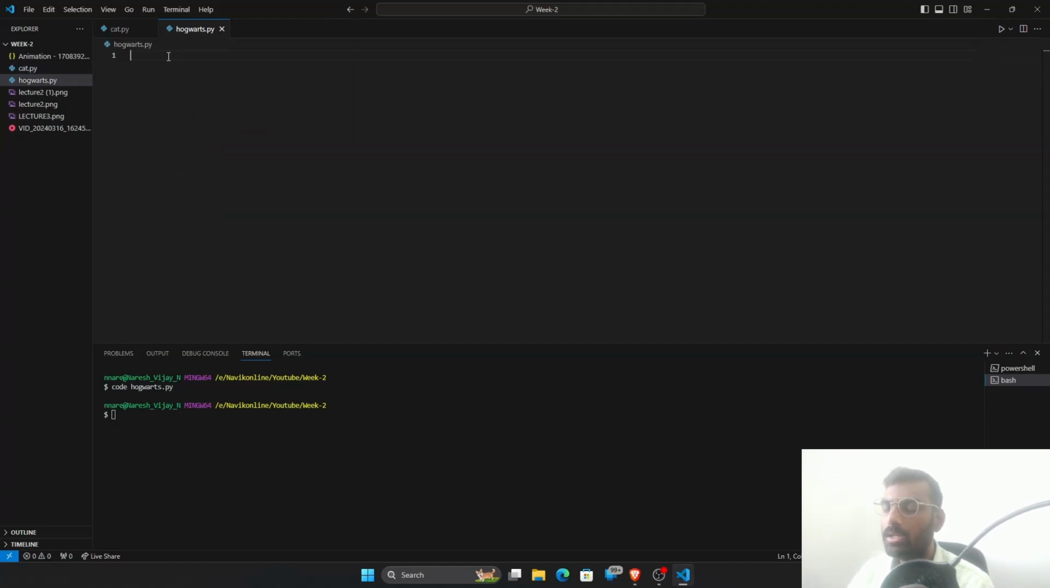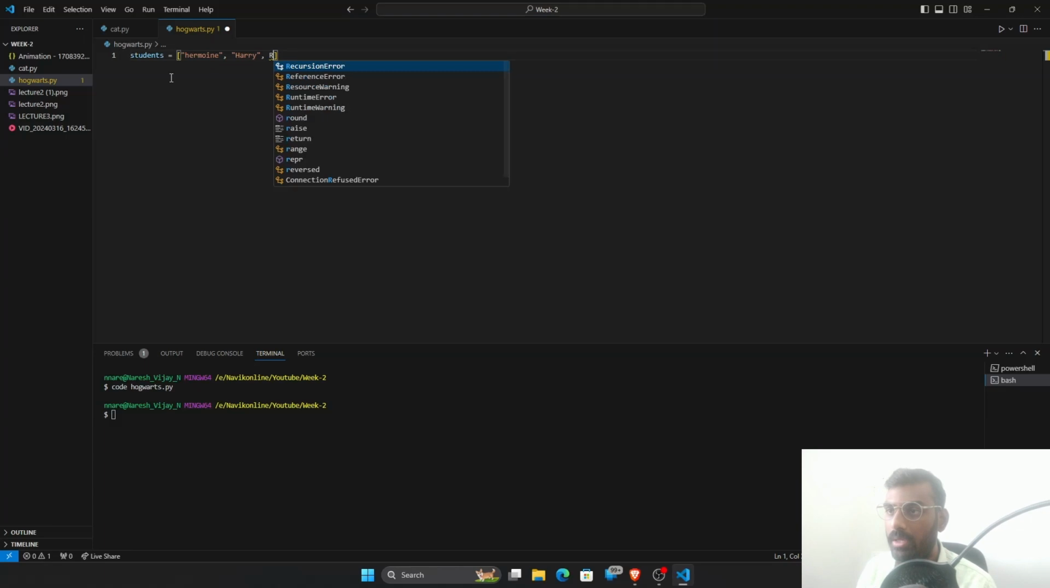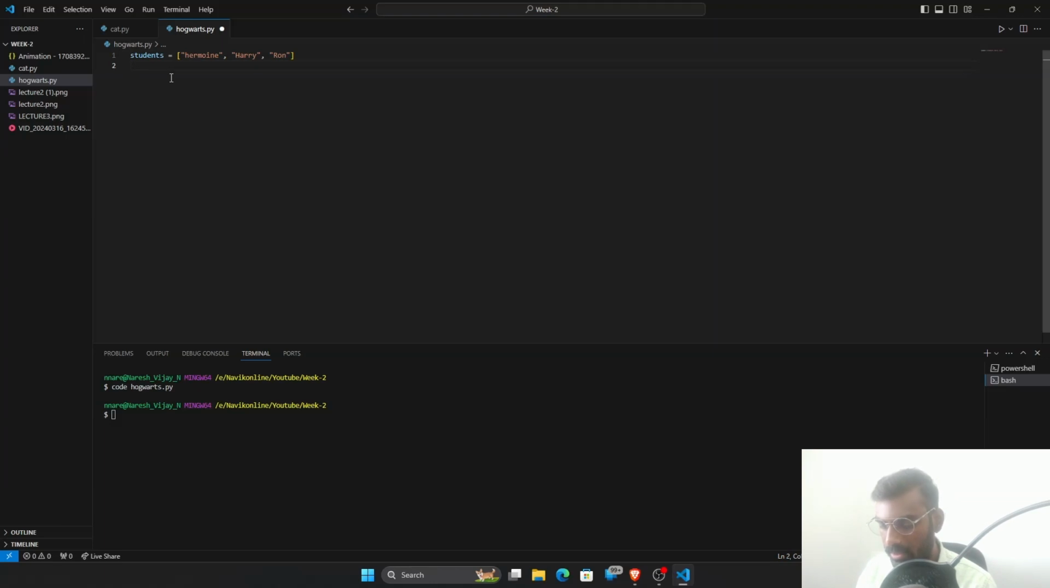Inside our folder, we will make a list of names called students, like this. We will name each individual student inside the list, and we will try to access these individual names like this. Print